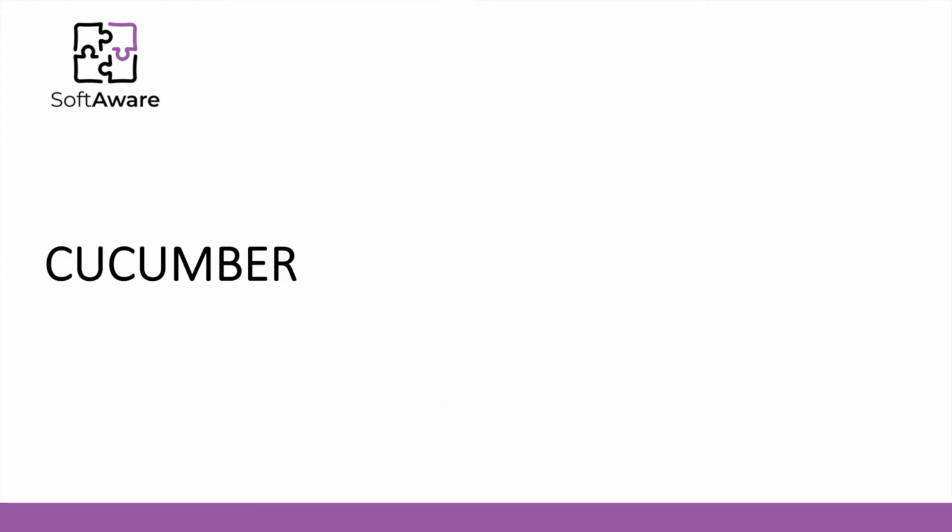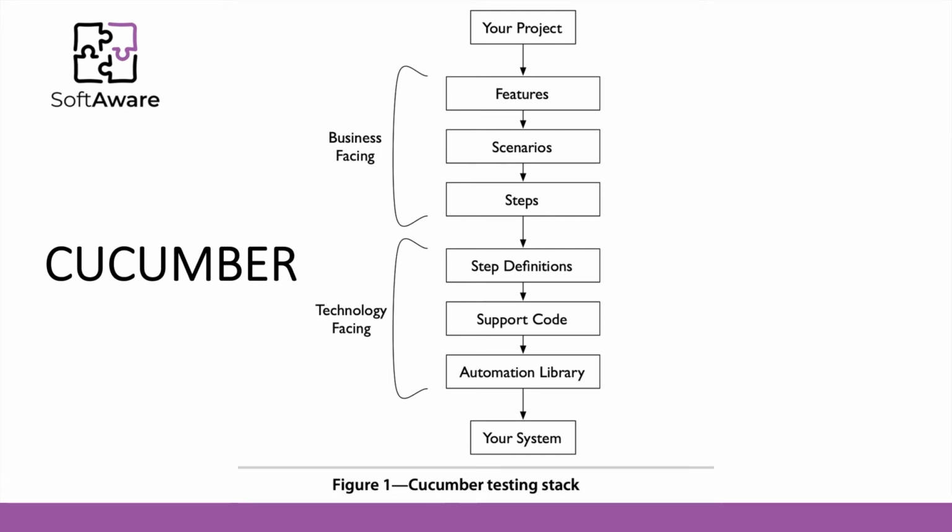If we look at this diagram flow, we can see that in our project, we have to establish what are the features, and inside of each feature, there are a couple of scenarios of usage of a feature, and each scenario is composed of steps. All of these first 3 stages are business-facing. So business people and the entire team are able to write, use, and understand all of these